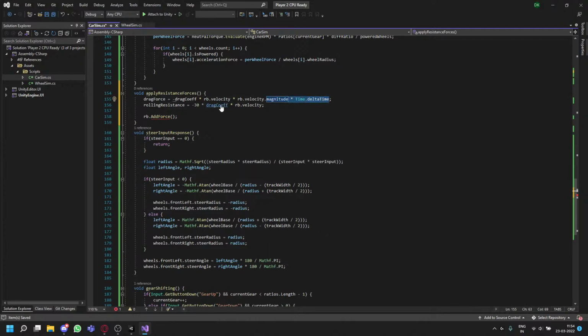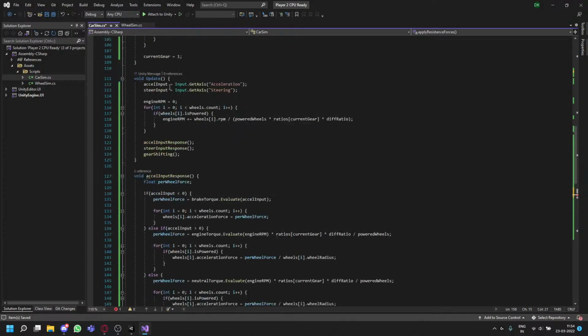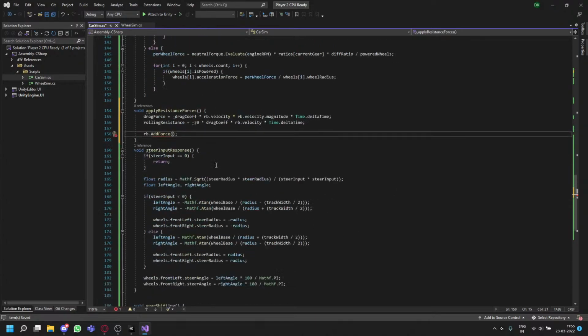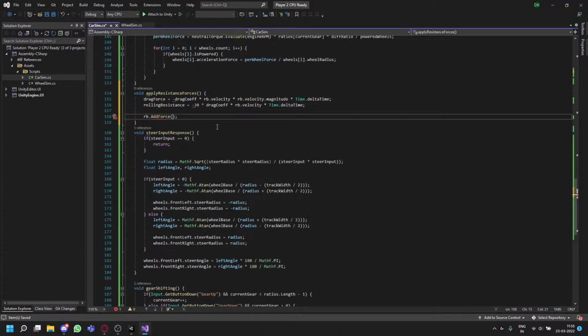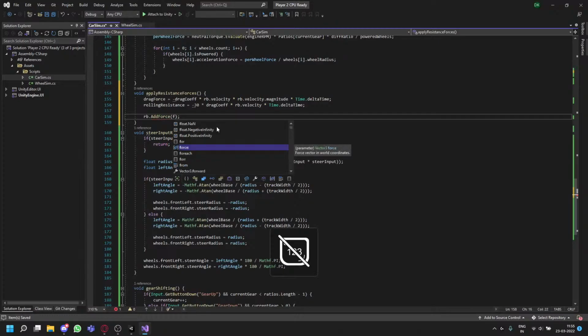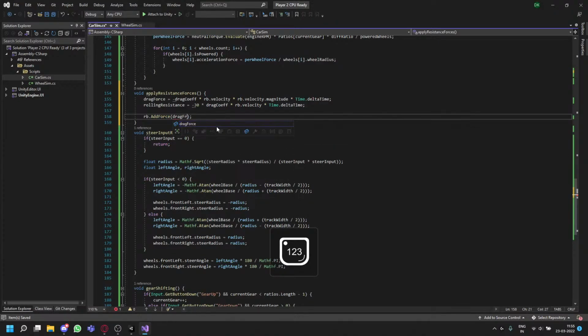Super important step, never forget, especially because we are working with update function here. Okay. Drag force plus rolling resistance,